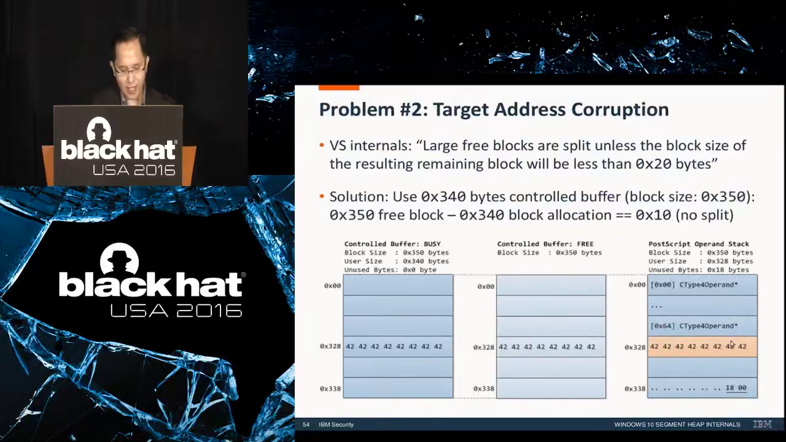So in this case, a 0x340-byte control buffer is allocated and freed. And again, there's another problem. This free block here may be coalesced with neighboring free blocks before the PostScript operand stack is allocated in its place, thereby reducing the reliability of the arbitrary write. Now, to solve that problem,